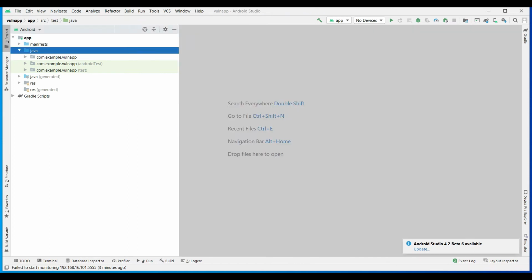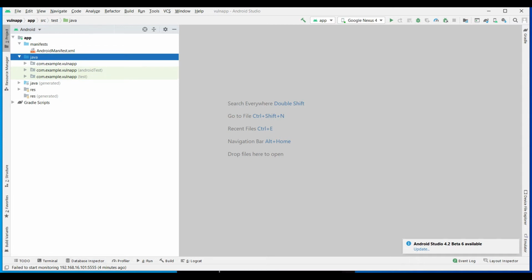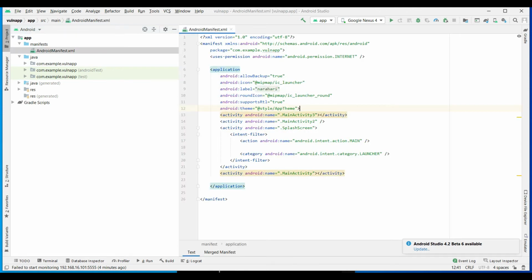See, this is an Android application. This is one vulnerable application I have built. It is a small application. I thought if we go through how an application is built, we can see what we can find in each section, so it will be easy. Okay, let's start with the manifest file. See, this is the manifest file of this application.